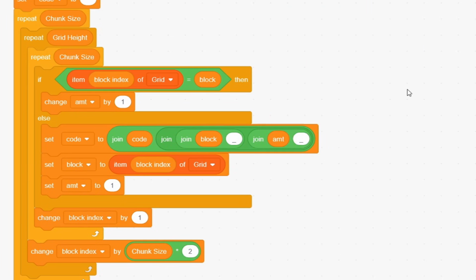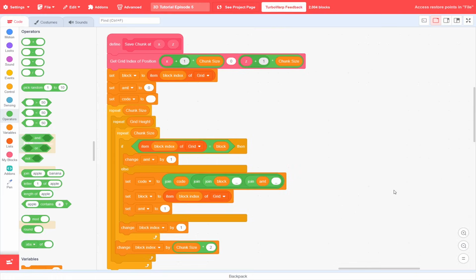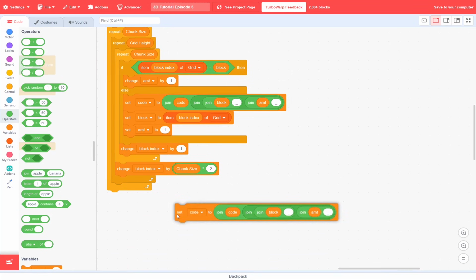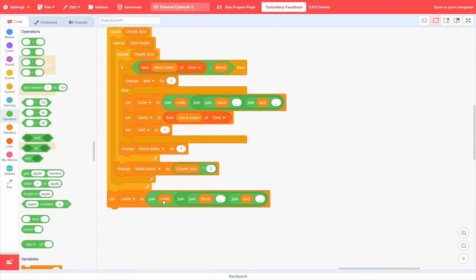Like so. Now at the end of these loops, we won't have recorded the final series of blocks, so we just need to duplicate our set code block one more time and put this at the end of our 3 loops. Alright, so that will give us a much shorter code,